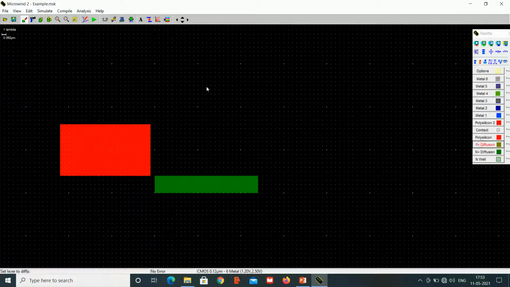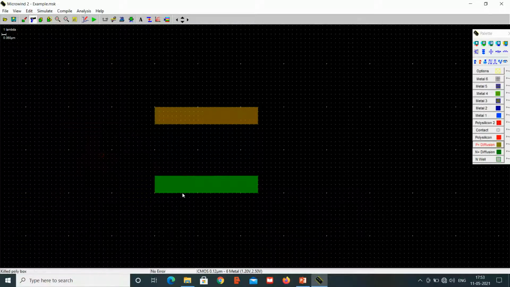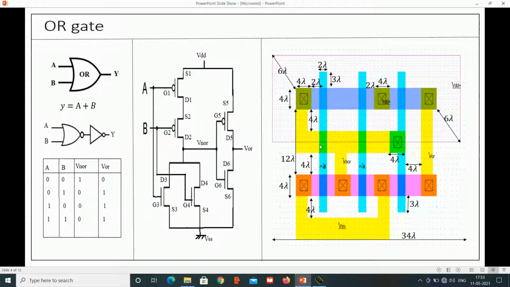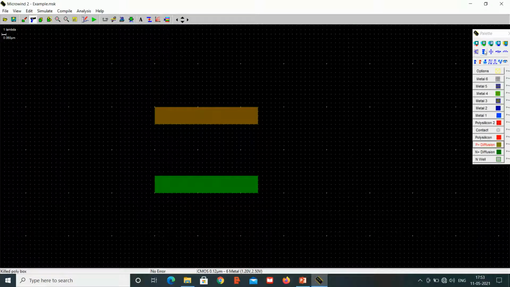So now I am selecting a P plus diffusion and the dimension should be 24 by 4 lambda. Now let's place these contacts. For P plus diffusion I am selecting P contact and placing it here, and for N plus diffusion I am selecting N contact and placing it here.